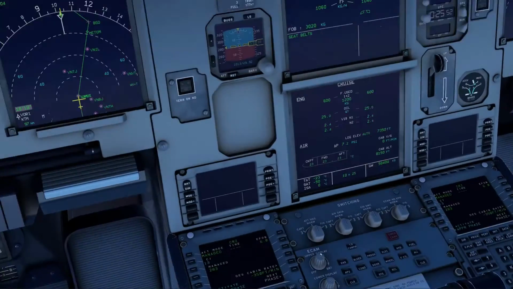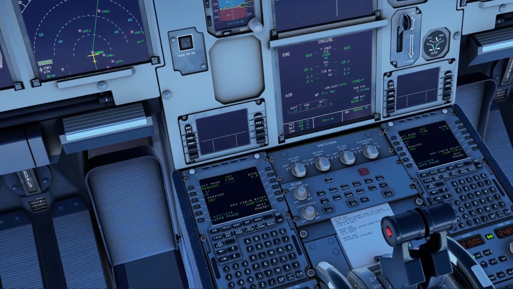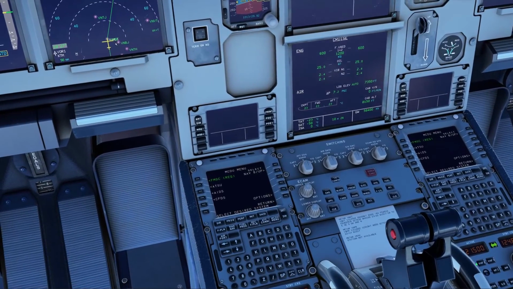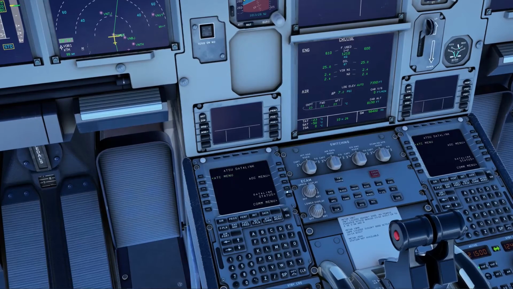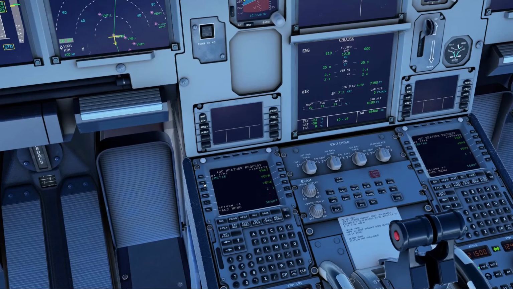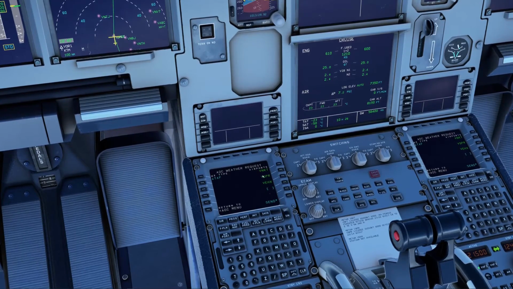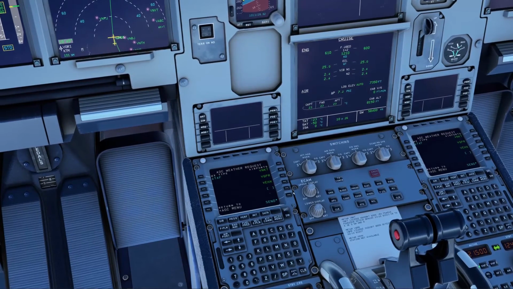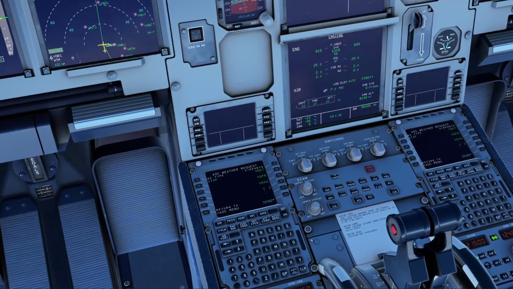Right, what I want to check again, actually while I'm here, is the weather at Paro. So let's go to MCDU menu, so return in there, and ATSU and ALC menu, weather request. Now I want to try and get a TAF, a terminal aerodrome forecast, at Paro. So let's get that sent.